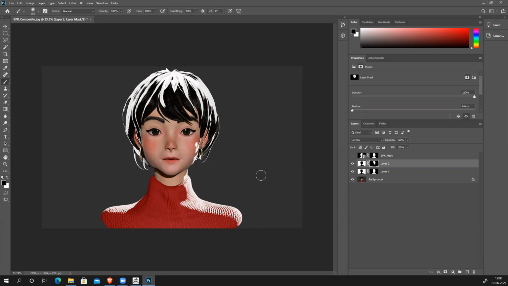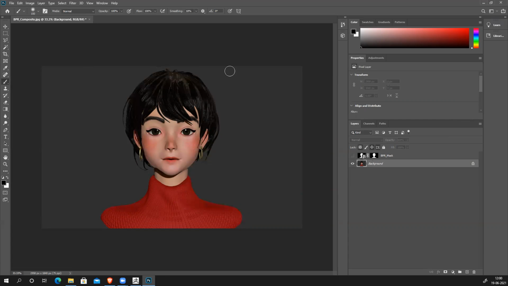And always, if you're planning to add multiple lights within ZBrush, it won't give you this kind of render, because it's not meant for that. So like this, you can modify things and create your entire render. If you want to manually touch up something, you can do those things.